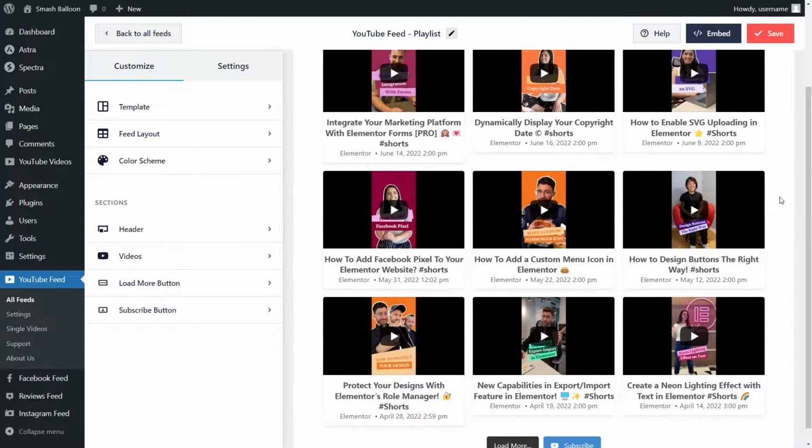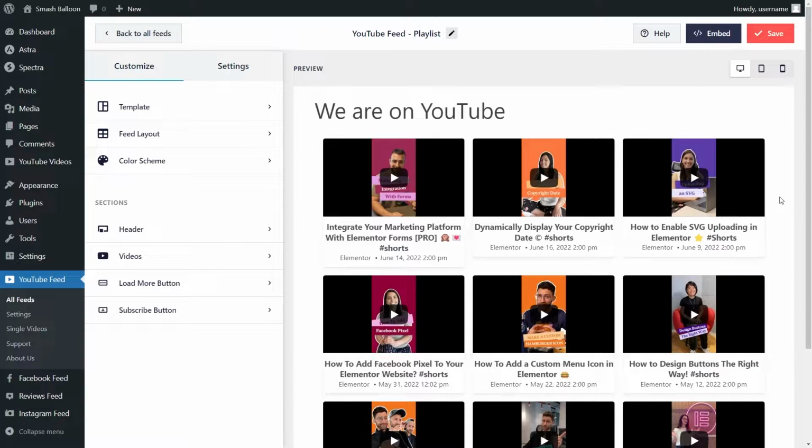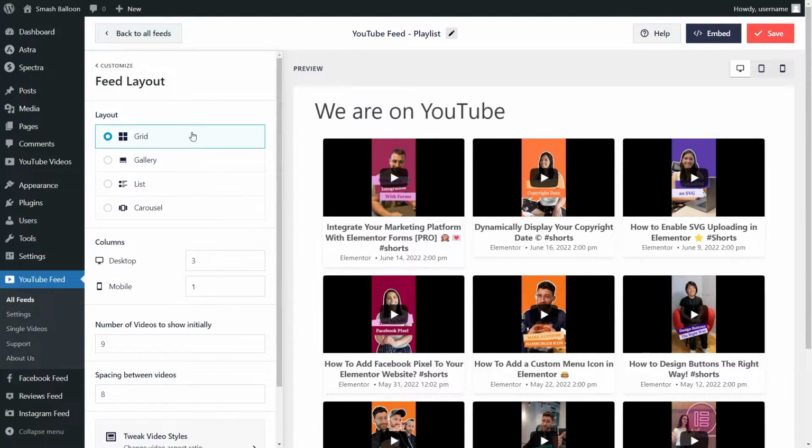We can now go and embed this on our WordPress website, but before I show you how to do that, let me show you how to customize your YouTube feed. On the left-hand side under the Customize tab, click on Feed Layout. Here you'll find options to modify the layout of your YouTube feed. As you can see, currently we have the grid layout selected, which shows all of your YouTube Shorts in rows